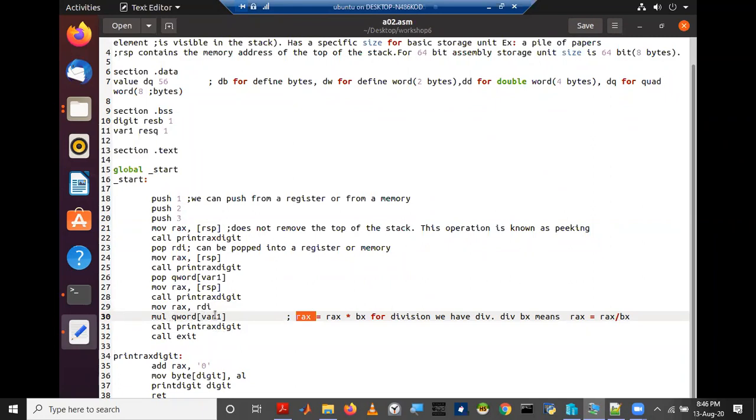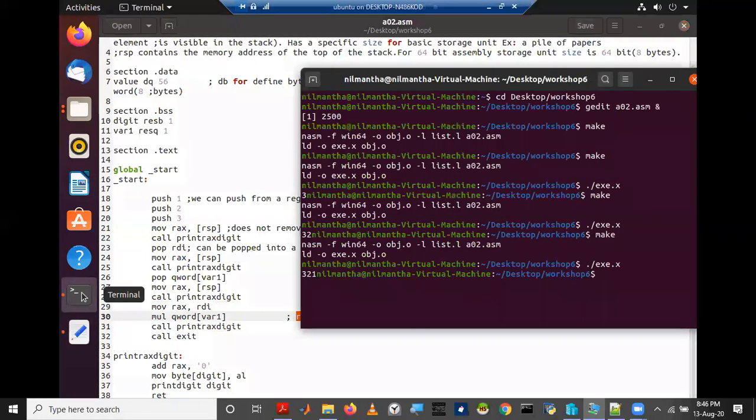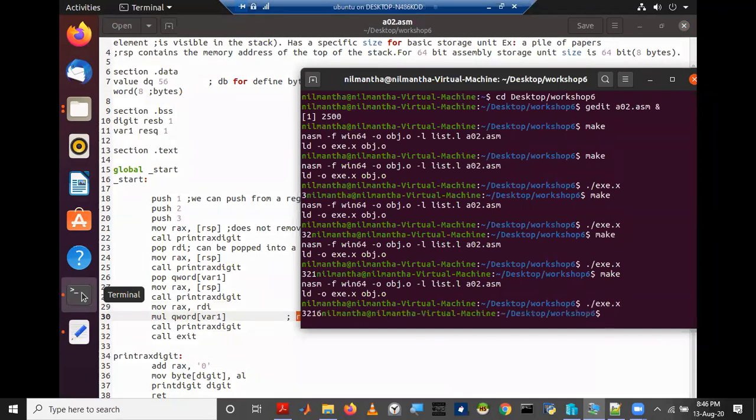As I told you, the value in variable 1 is 2 and the value in RDI is 3. So 3 into 2, it should print 6. So you can see the required result. This 3 and 2 have been multiplied to get the result 6.